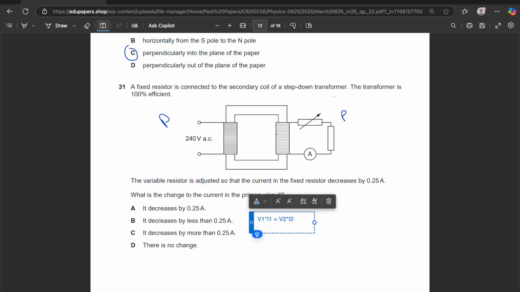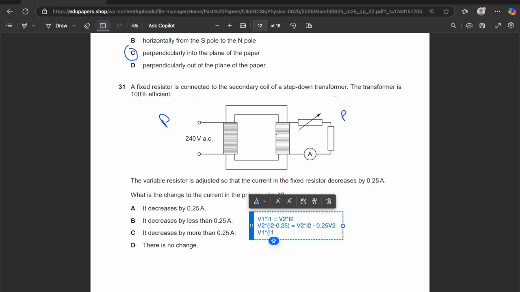And the current in the secondary coil decreases by 0.25, so V2 into I2 decreased by 0.25 will be equal to V2 I2 minus 0.25 V2. And that has to be equal to the current in the primary coil, so that will be V1 into